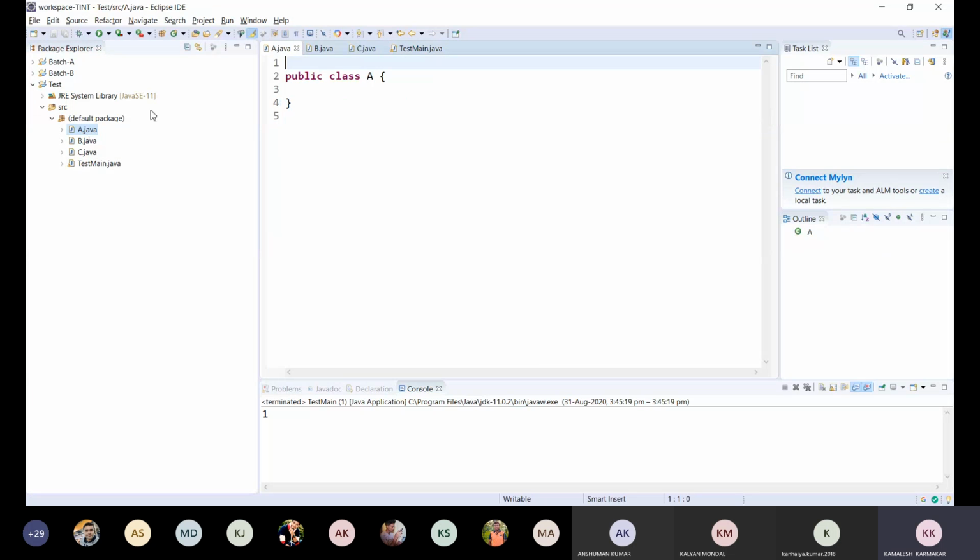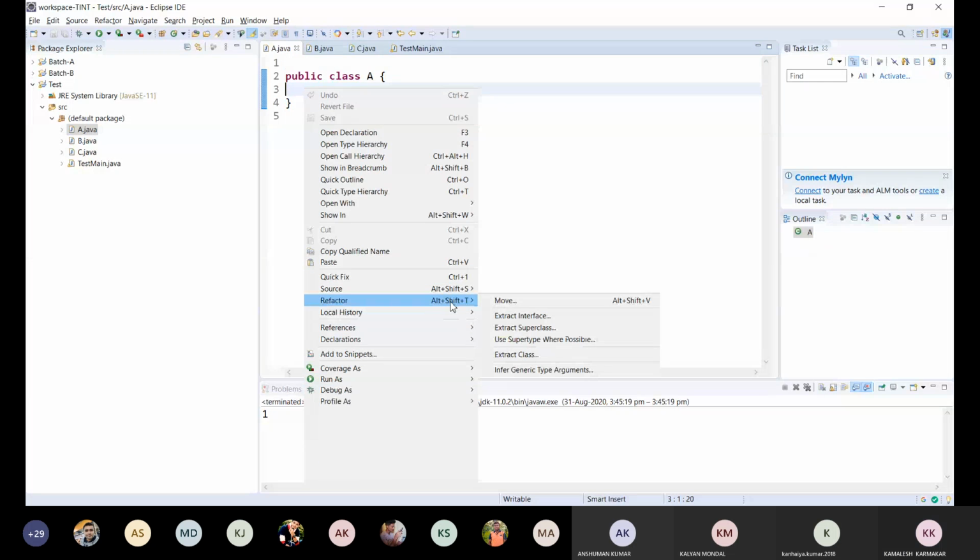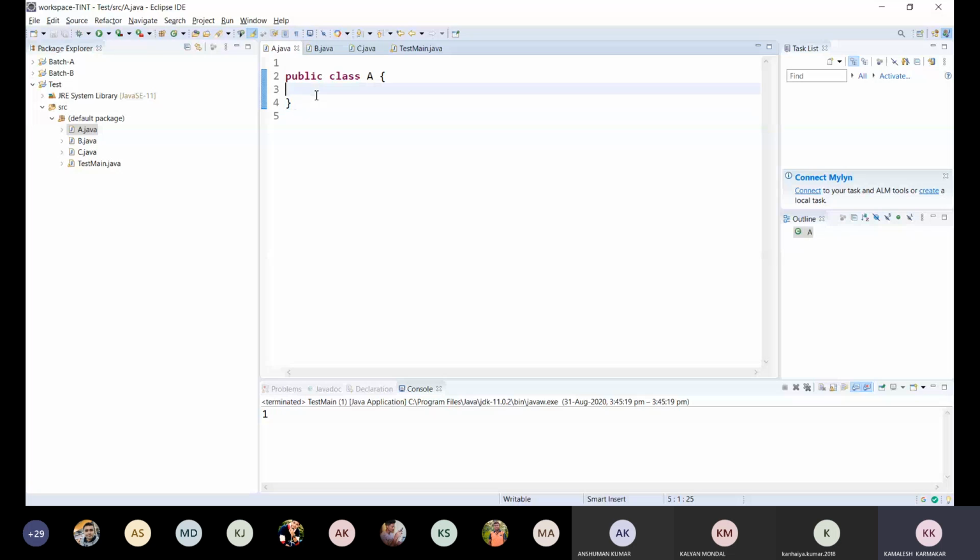Now I'm going to define a constructor. So what will be the constructor? I will write it here by A. I'm going to create a constructor here. Here I'm writing a message that I am in class A. So A is a constructor of this A class.